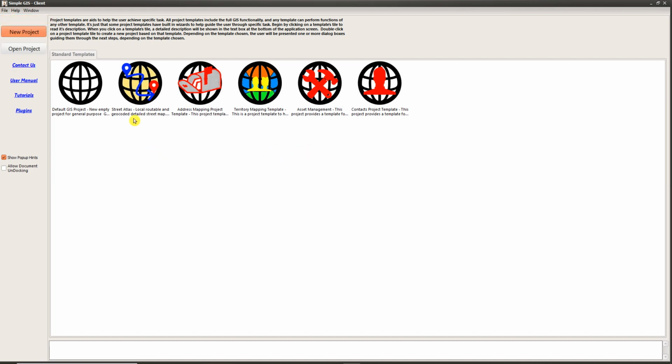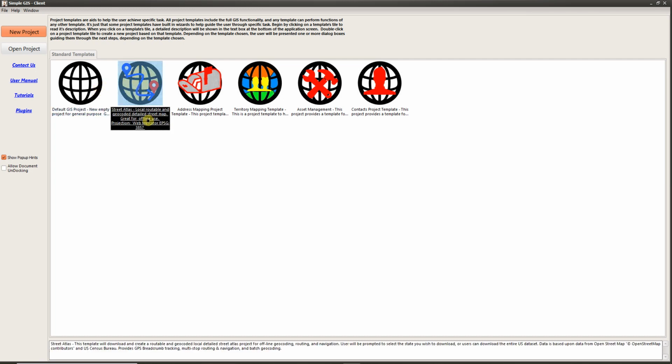So in particular, the project template we're going to be covering today is the Street Atlas template. And it's the second one located from the left, and if you actually click on its tile, you can see that this is the template that allows you to download detailed street map data to your local machine. And so if you had a laptop or a Windows tablet device, this is a great template to use to download detailed street map data to your local machine that you could then take out to the field, even pair up with a